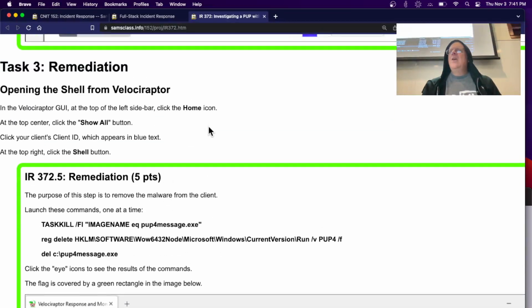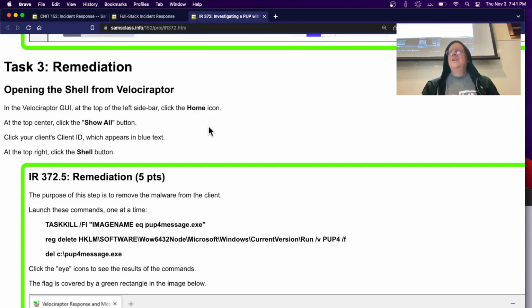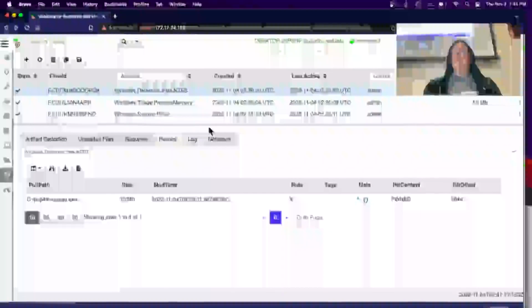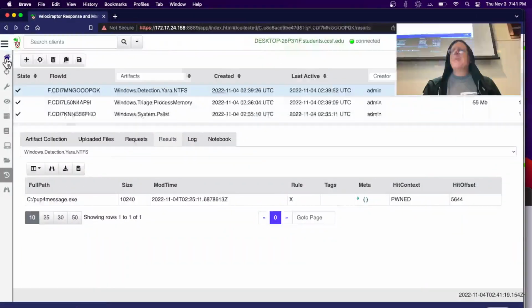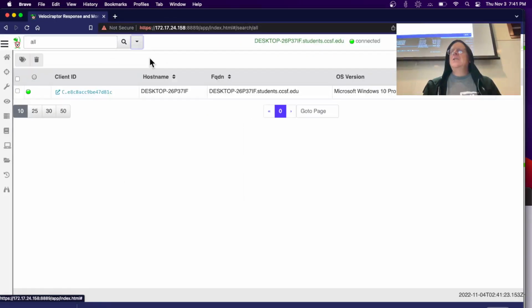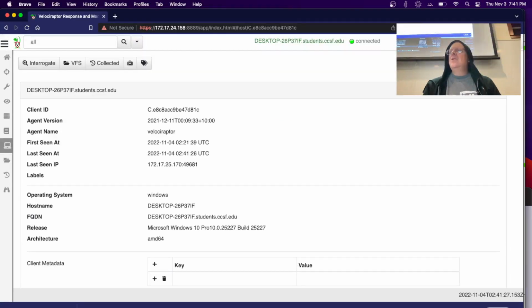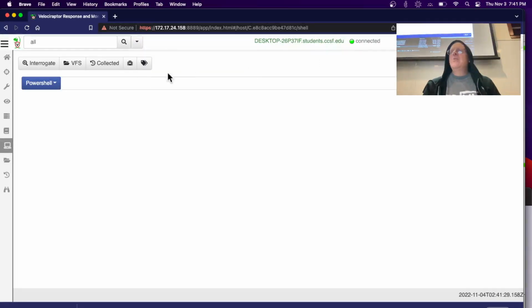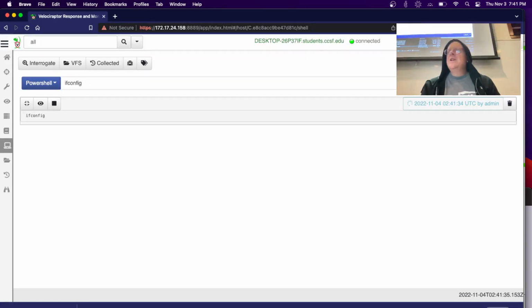Okay. Home, show all, client ID shell. Okay, let's see if I can find it. Home. Show all. Client ID shell. There it is. Okay, theoretically, you can run commands here. So if I run like ifconfig, I can launch it. And then if I hit the I should see the results, but I don't see the results, which is not